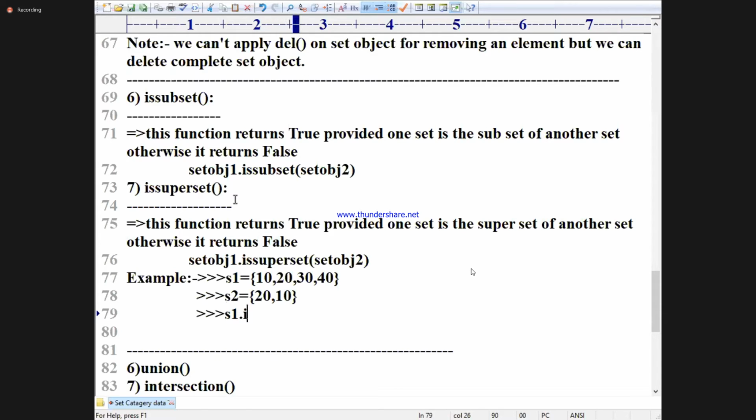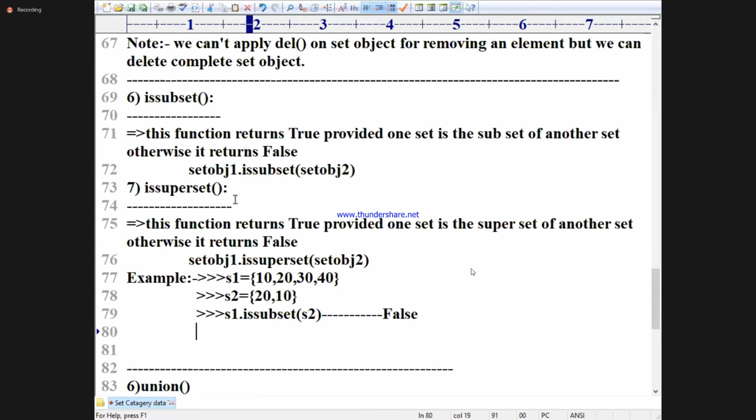S1 is a subset of S2. S2 is a subset of S1.